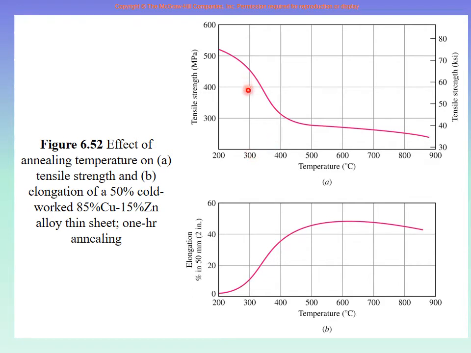The ductility should be the opposite of this. If the strength decreases and it becomes softer and softer, the ductility increases. So you can see elongation or ductility with temperature. At 200, the ductility is only 3% or something, right? And then it increases, and then it increases, and then it increases. At 500, roughly the lowest amount of strength was there, and roughly the highest amount of ductility is there.